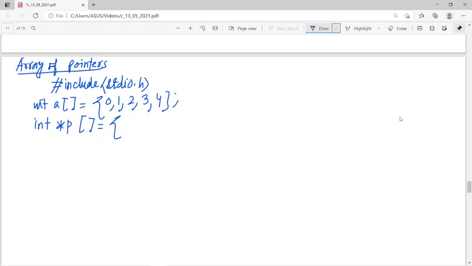this particular array will contain the address of each element, A plus 1, A plus 2, A plus 3, A plus 4. That's why this is called array of pointer. That means this is an array and itself it will contain the address of another array, and we are writing